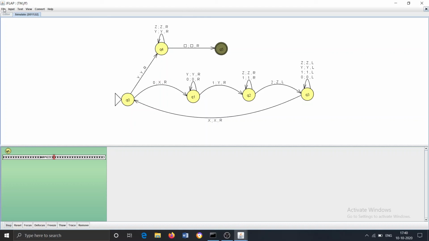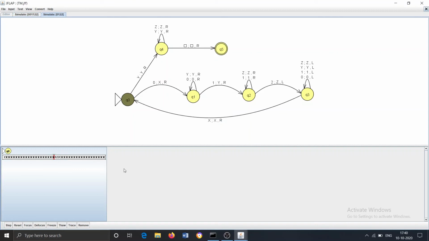Now let's see an example in which the Turing machine fails. So let me take the input 0 1 2 2.